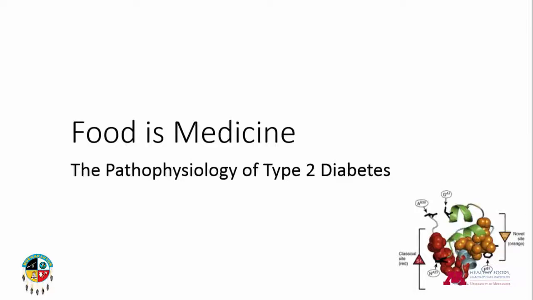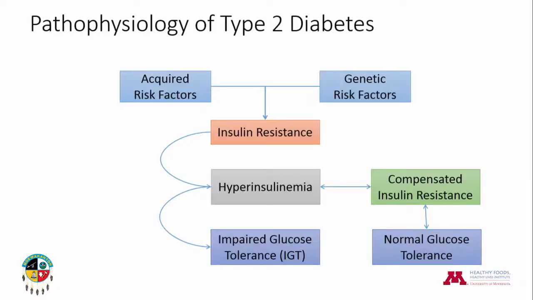So we heard a lot about diabetes type 2, and so what I want to do is give a little overview of diabetes type 2 and its pathology, or its pathophysiology. So diabetes type 2 is kind of a culmination of several different factors that eventually contribute to the end result